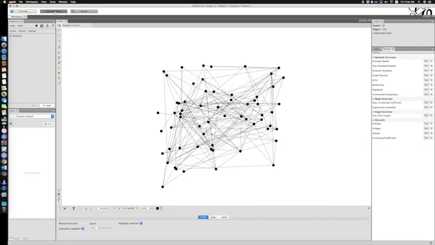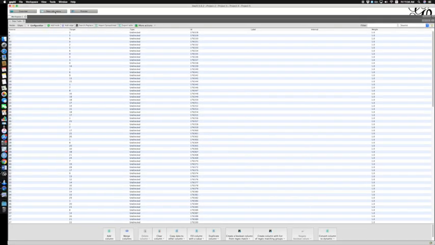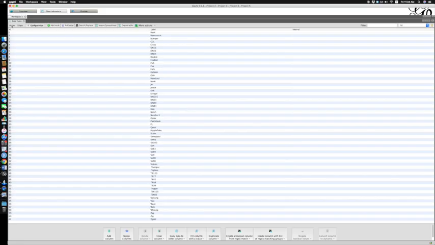So if you click on Data Laboratory, you can see this is the data we just imported from this file. Click on Node, then you see this ID number for each dolphin from 0 to 61. So we have 62 dolphins, and these are the names for the dolphins. Kind of cute, right? So you can see Neat, Jana,